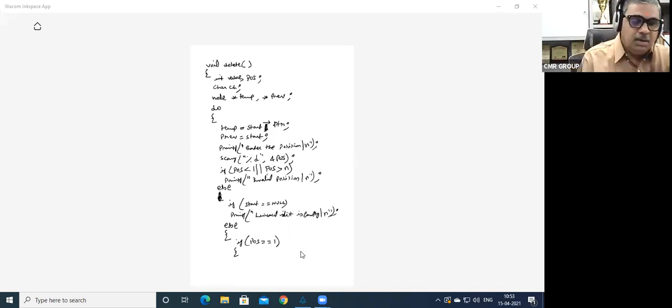So now, what is the value which is going to get deleted? You tell me which value gets deleted. The value is accessed by previous arrow data.